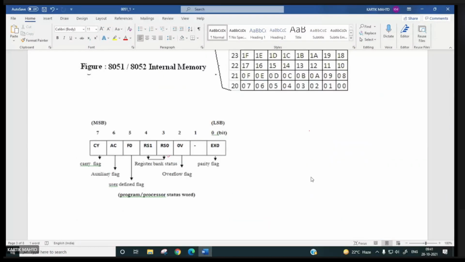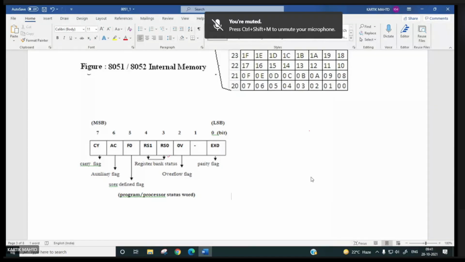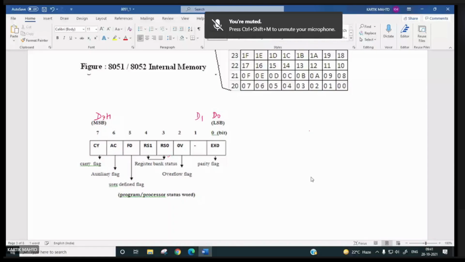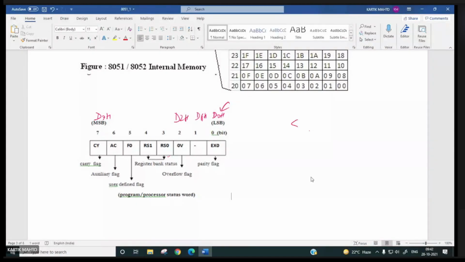So this will be D0, this will be D1, and this will be D7H, D1H, D2H. These are the bit addresses. So if you write the instruction SETB D0H, what exactly is it going to do? It will put this flag equal to 1.